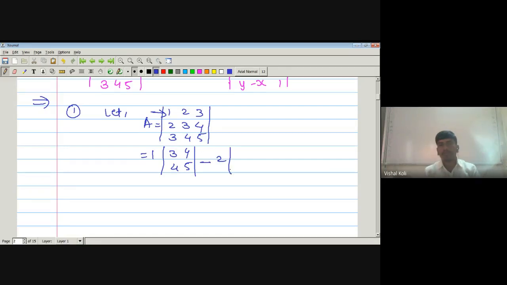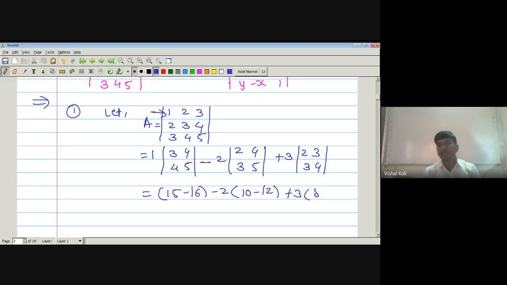Minus 2 into the element, now we have to suppress this one, 2 4, 3 5, and lastly 3 into 2 3, 3 4, which is nothing but, now 1 into 5 into 3, 15 minus 16, minus 2 into 5 into 2, 10 minus 4 into 3, 12, plus 3 into 4 into 2, 8 minus 3 into 3, 9, which is equal to 15 minus 16 will be minus 1, minus 2 into 10 minus 12, minus 2, plus 3 into 8 minus 9, minus 1,